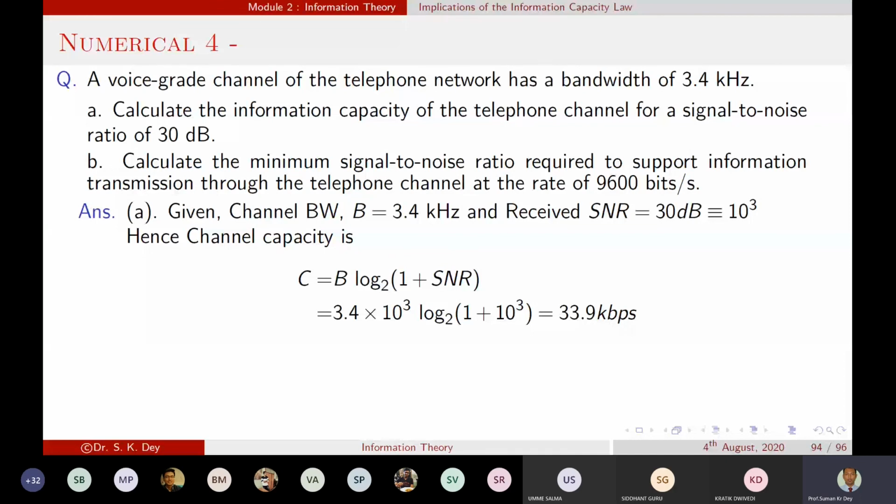Now the second question: calculate the minimum signal to noise ratio required to support information transmission through the telephonic channel at the rate of 9600 bits per second. In that case, what is given? C is given, B is given. We have to find the SNR value over there. What is the value of C? This is the C value, and the B value is already given. So we can calculate the